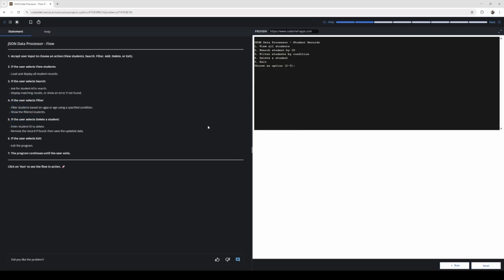So let's look at the flow of this particular project, or like an architecture which we're going to follow. First we're going to accept user input, and we're going to let the user choose what they want to do, whether they want to view the record or they want to filter through it. And if the user wants to view the student records, we're going to display each and every record present in the JSON file, and we should give an option for the users to search through the JSON file. And if the user finds the student they're looking for, we should display the student info,